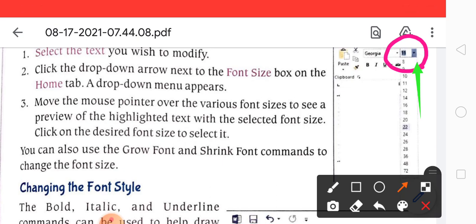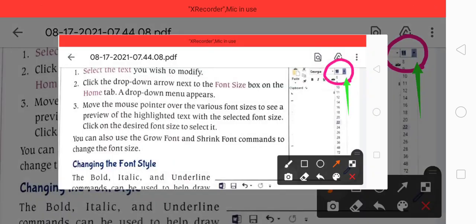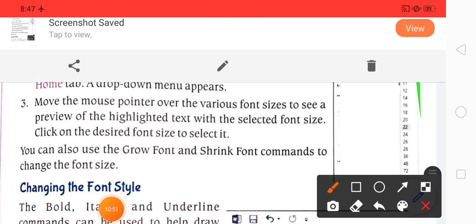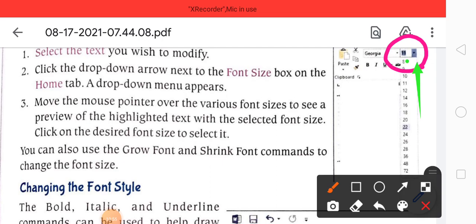You just click here and you find many options, that is 8, 9, 10, 11, 12, 13, 14, etc. But here you see after 11 comes 12, but there is no 13, there is no 15, there is no 17, then there is no 19, etc.